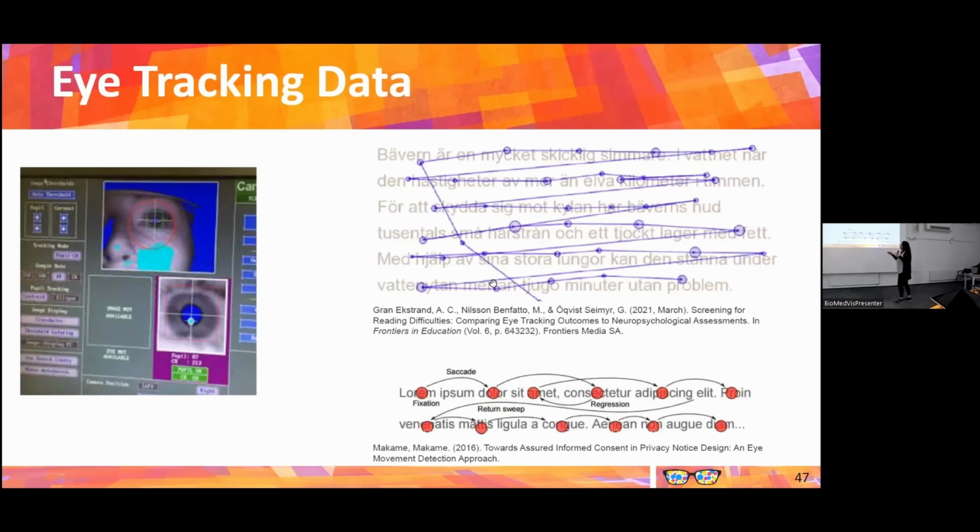And the thing is that you can fixate on some part of a word, for example, then do a saccade, fixate. And not all the saccades are forward. You can also come back at some point. And this is what is called a regression. All of us, well, I'm not sure if all of us, but many of us, when we read, we do regressions. It's something that is natural. But if you do a lot of regressions, maybe you are having a problem, you are forgetting, or you are not paying attention, okay? And this is what we are trying to analyze.